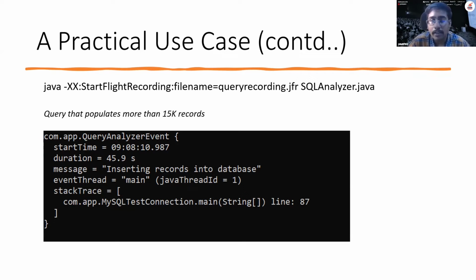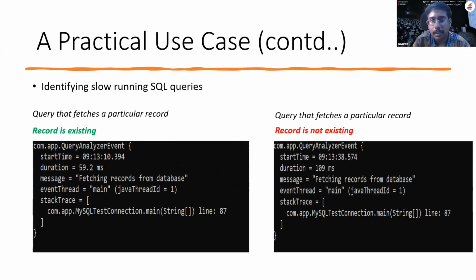On the other hand, if I had to fetch a particular record, assuming there are two cases here, if the record is existing or if a record is not existing, based on that, this was the time that I captured. It was 59.2 milliseconds for fetching a particular record which is existing, against 109 milliseconds for fetching a particular record which is not existing. So these are basically two scenarios which I had tried out in my project to identify